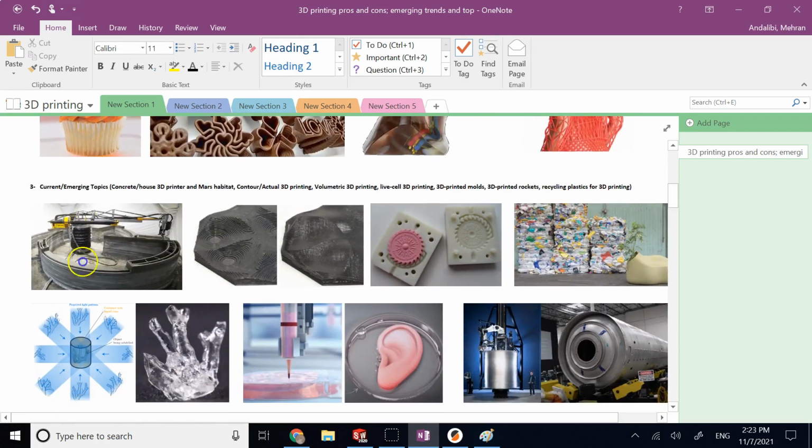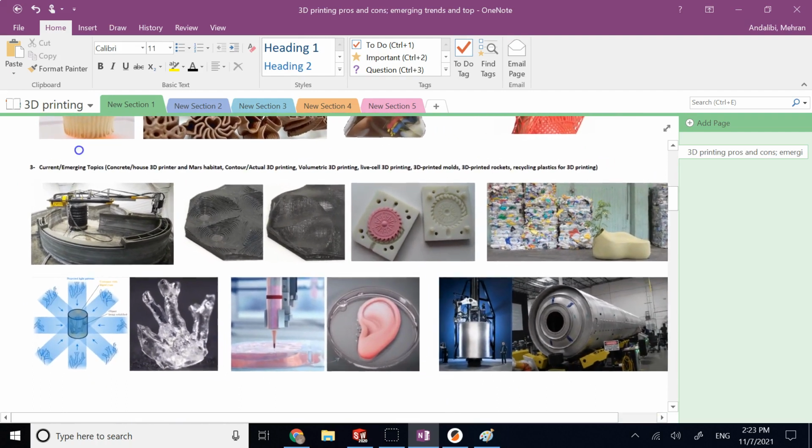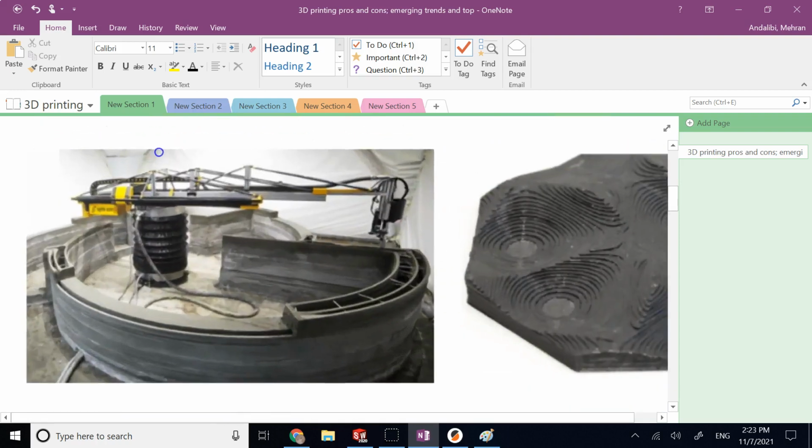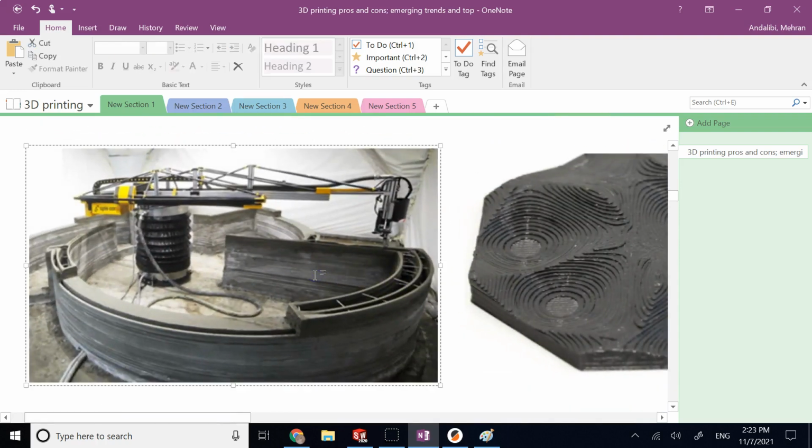So now some more high-tech emerging topics and current topics that might be interesting to you. One of them that is my favorite really is the concrete 3D printers or house 3D printers. So it's more than just houses. These printers work with the same technology, but instead they use a specialized kind of concrete, and they can print structures like houses, small structures. They are not yet producing super large structures,